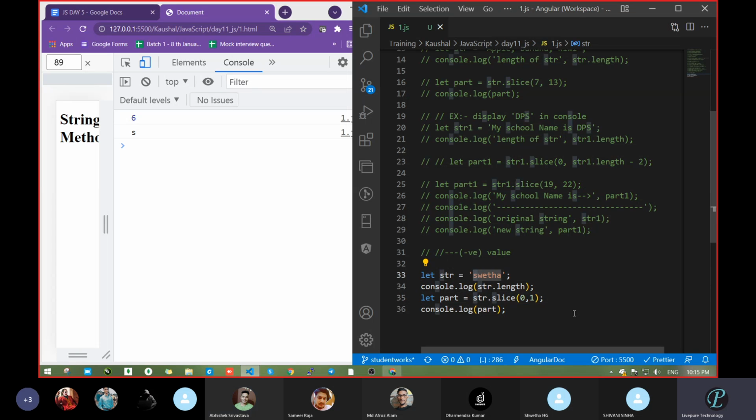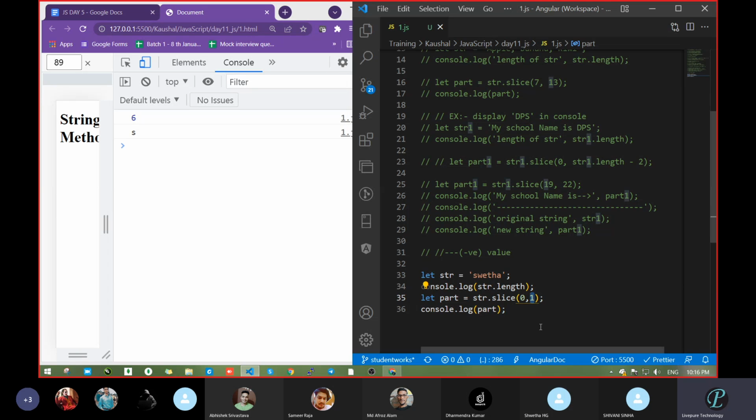In the sense, it takes only the starting one. It does not take the end one. Got my point? Okay, sir. It includes the starting one, in the line that was written. See, the start is 0, so it took 0. 0 is S. Fine. And when you calculate, it will not include the last one. But yes, it will go up to that. Suppose now we take 1, it does not take the first position.